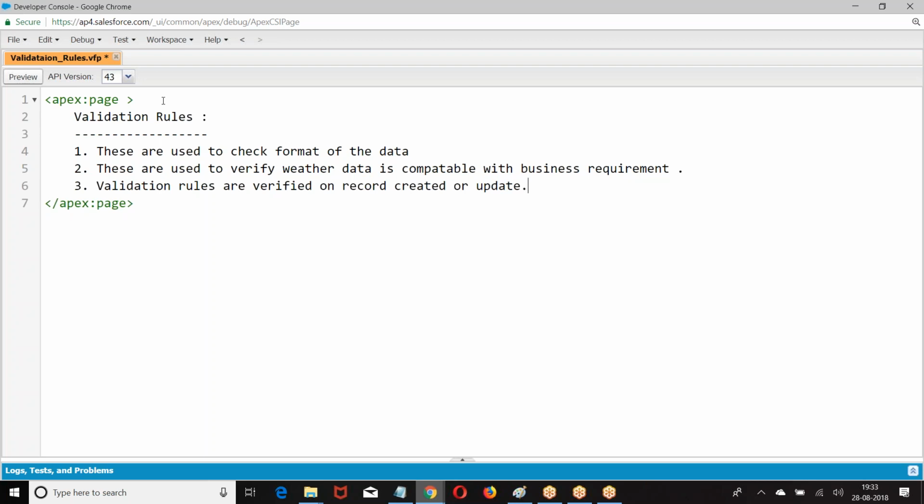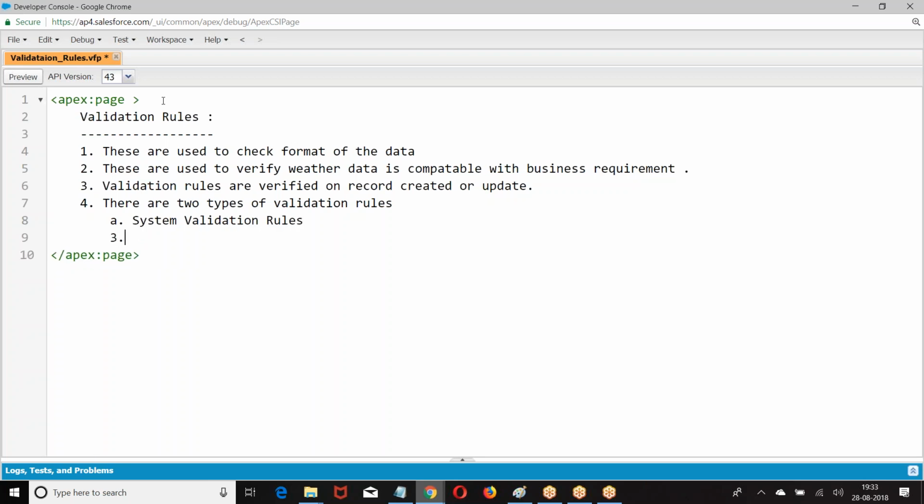When a record is created or updated, validation rules are going to be verified. There are two types of validation rules: system validation rules and custom validation rules.